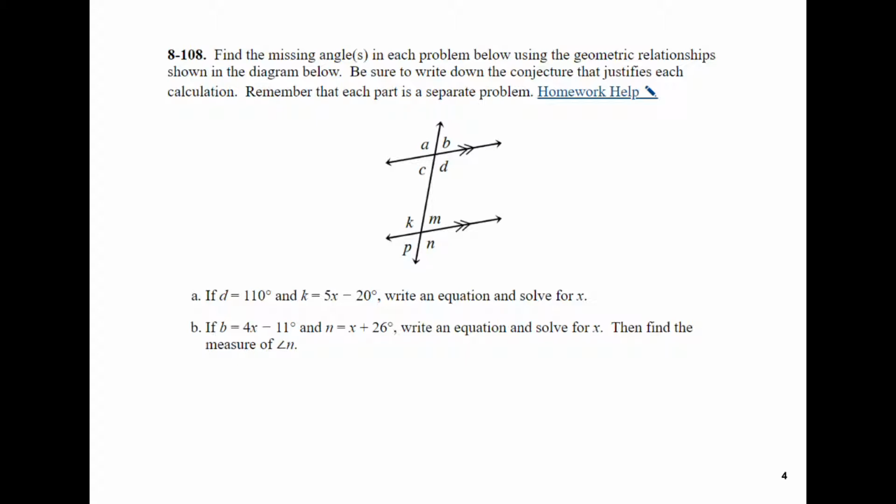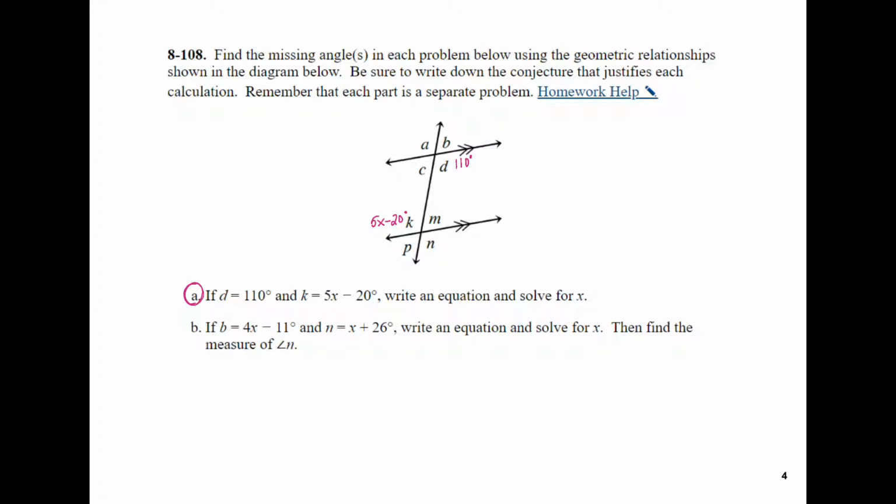Part A tells us, and I'm going to do all the work for part A in pink, that angle D is 110 degrees and K is equal to 5x minus 20 degrees. Write an equation to solve for x. So the first thing that I want to do is start filling in all of my missing